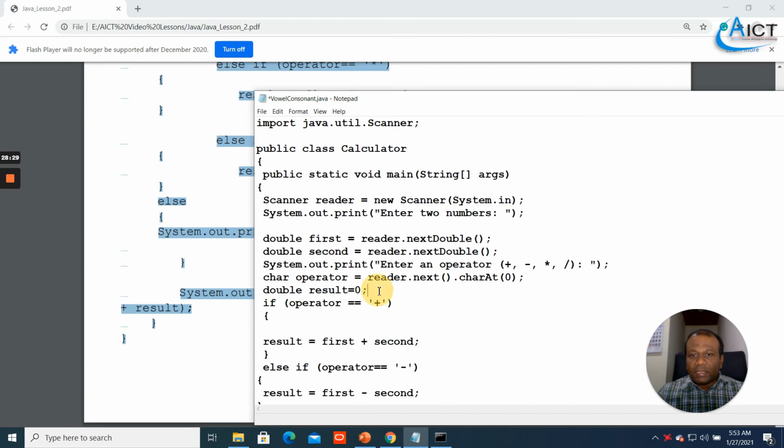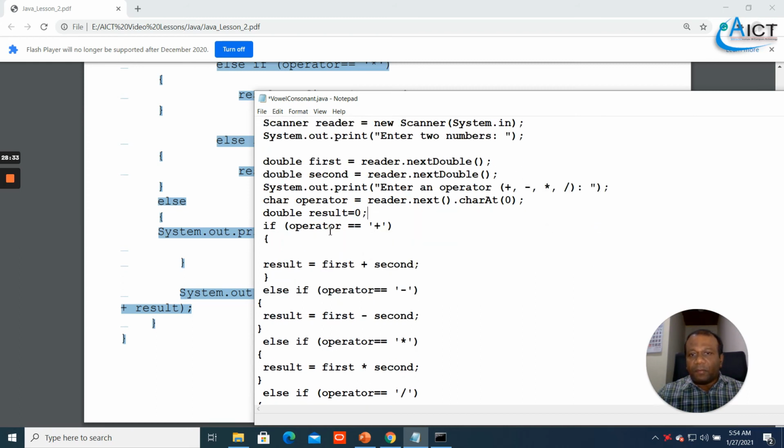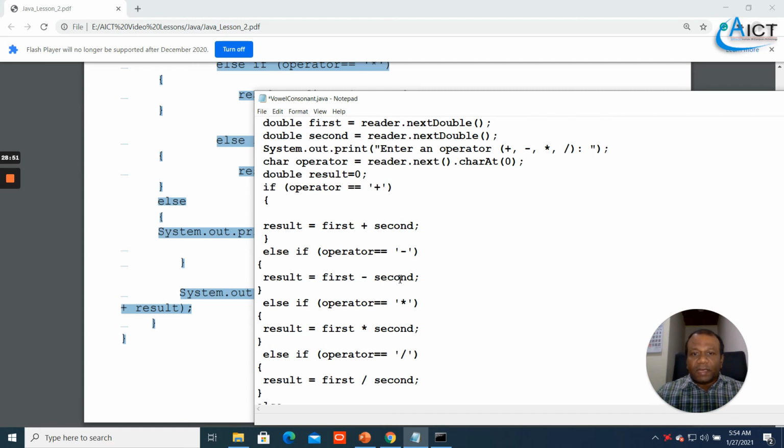Double result equal to 0, declaring another variable, and using if, operator is equal to plus, result is equal to first plus second. And else if this condition is not met, using another condition, if operator is equal to minus, result is equal to first subtracted by the second. If this condition is not met, checking another condition, multiplication.